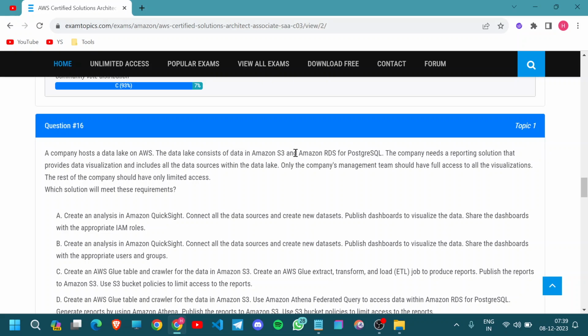Create analysis in QuickSight, connect all the data sources and create a new dataset, publish the dashboard to visualize the data, share the dashboard with the appropriate IAM role. Yeah, this would be the answer. Connect all the data sources and create a new dataset, publish the data source with appropriate users and groups. Appropriate IAM users and group. This would be the answer